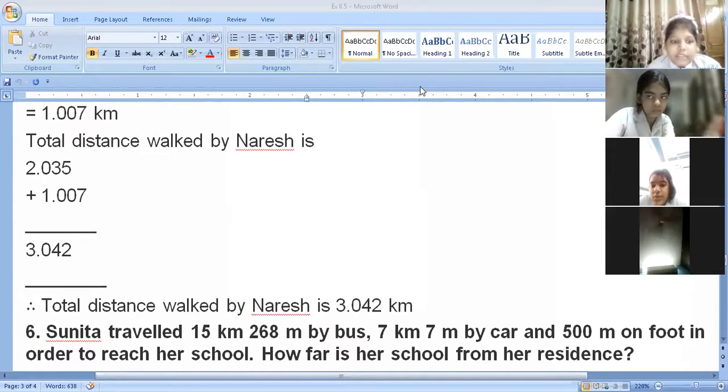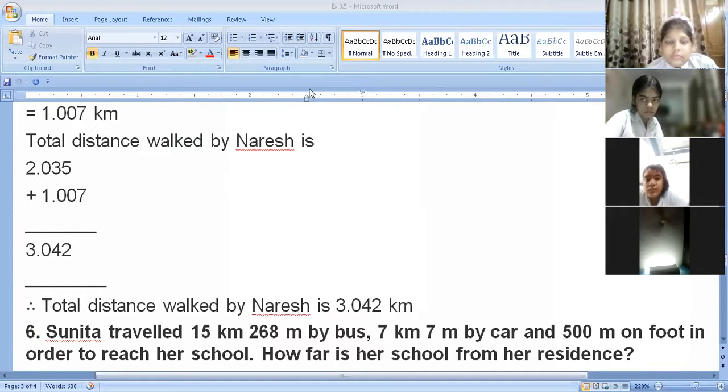Ma'am, final stop. Home. Ghar. If you are filling a form, there it is written residential address. So residential address, what do you mean by that? Where you are living right now, that is your residential address. So your home is your residential address. Okay. So residence means the home.